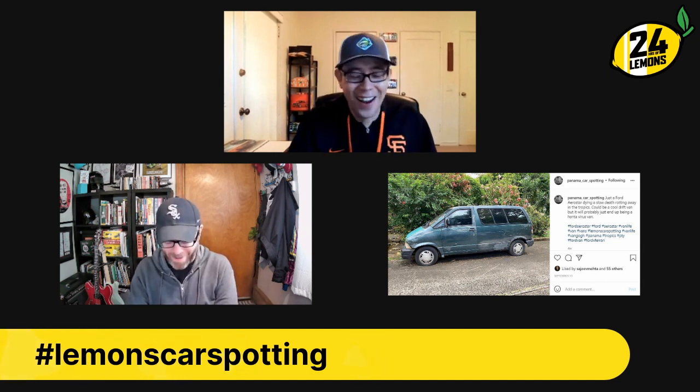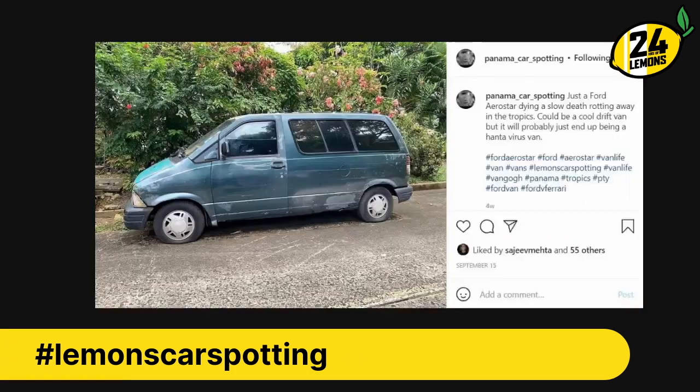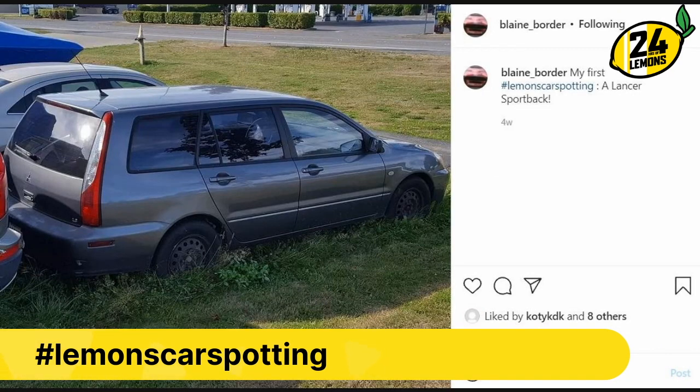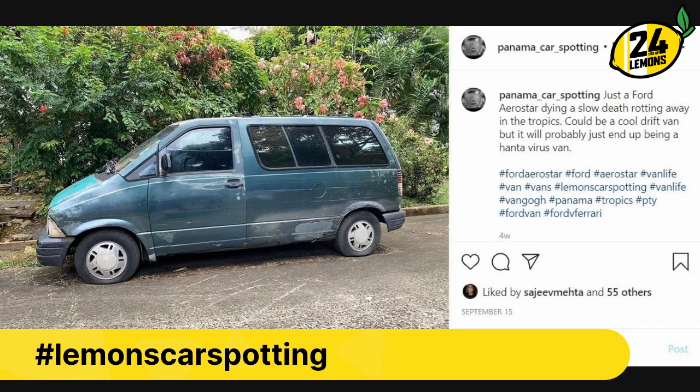Okay. You're anticipating a Ford Aerostar? No, there was. I put together these galleries, and there were two people who spotted Lancer Sportbacks like a day apart. Oh yeah. Completely separate. I think you threw that out, but yeah. This thing only accepts galleries of 10, so I picked the better of the two Sportbacks, which, for the record, was this one. Yeah. So yeah, there was a second one. It got culled in the making of this gallery, which brings us to this very fine,